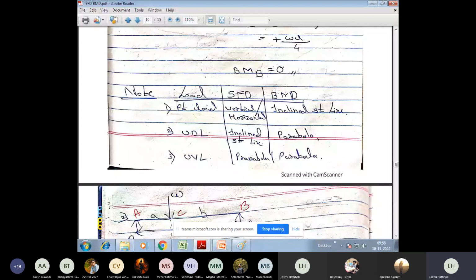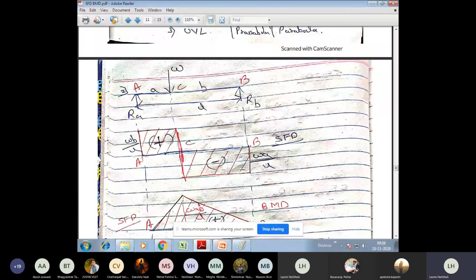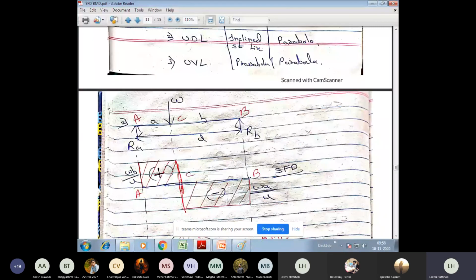Okay, and I'll give you another homework. The homework I'm going to give you is the same problem. Only thing, please understand this problem. Of course, it is a solved problem. I have already sent you the notes, but I want everyone to practice this. This is a homework for you. So I have taken a beam here, RA and RB. Can you tell me what is the difference between the previous diagram and this diagram?